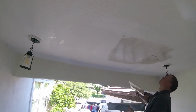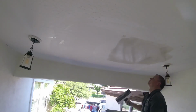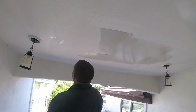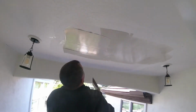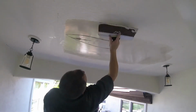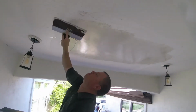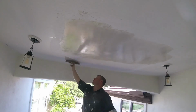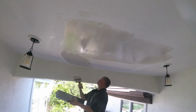I'm doing a third coat. Believe it or not, I'm just using a joint compound for my third coat. It's a nice tight skim with this third coat. It's basically filling in any dips and grooves. It's making a nice perfect patch. After I get this third coated, if I painted this patch and it was a perfect smooth patch, then we're